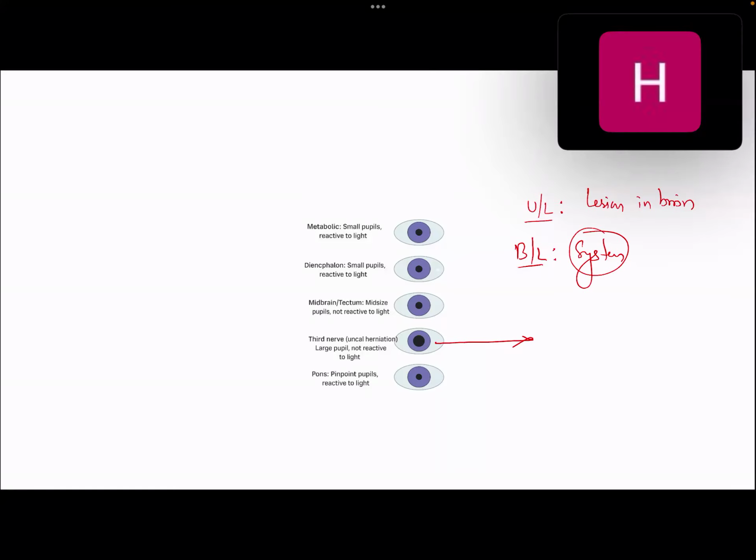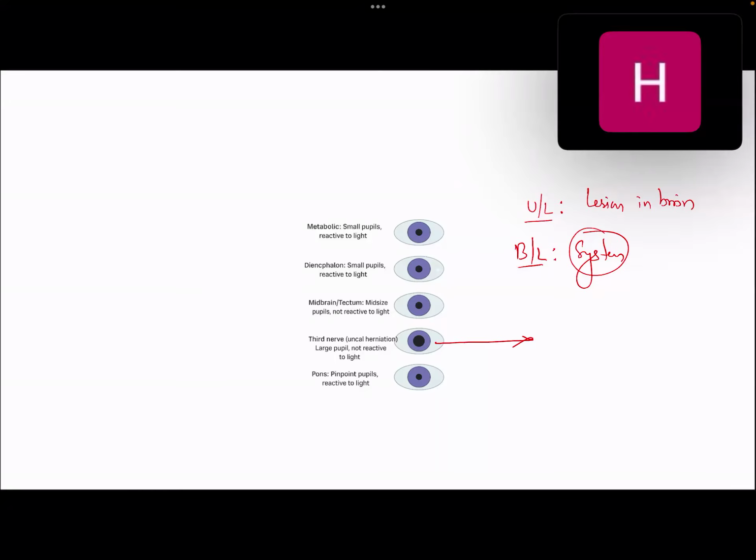Why is this important? Because you are the one ringing the neurosurgery registrar saying, doc, this patient needs dexamethasone because this patient has got a tumor on the CT scan. What's the reason you've done a CT scan? It is basically because of the presence of unilateral pupillary dilation that triggered you to get the imaging of the brain. That is what you'll have to tell the examiner.